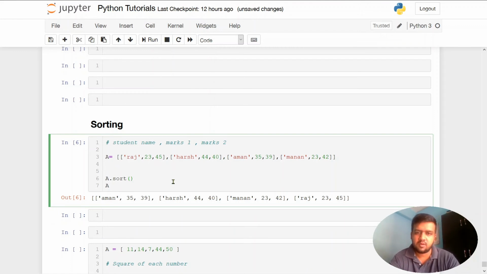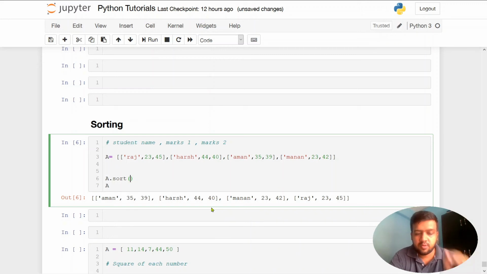Let's say I want the records sorted on the basis of the marks of subject 1, in reverse order, so that the higher marks are at the starting position. These marks are out of 50, so I want the marks closest to 50 in the first position after sorting. That's where the logic becomes complicated when you want to sort something. At this point, the lambda function can do the trick.